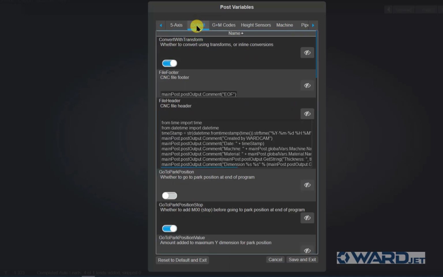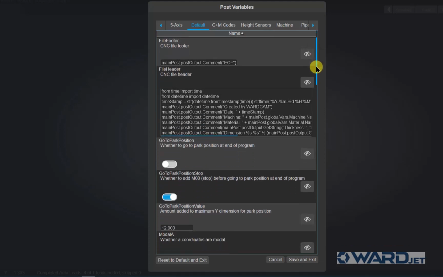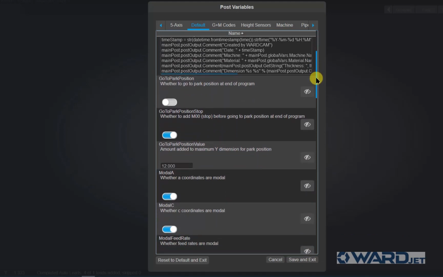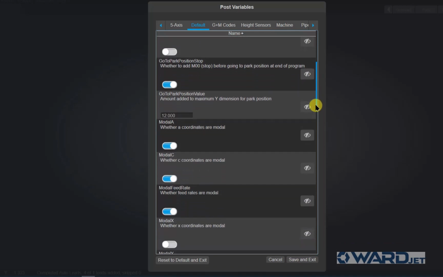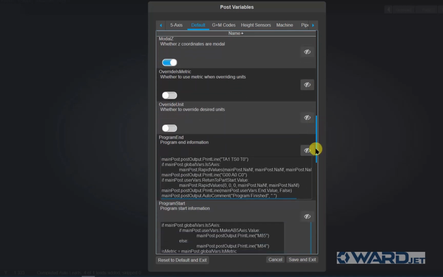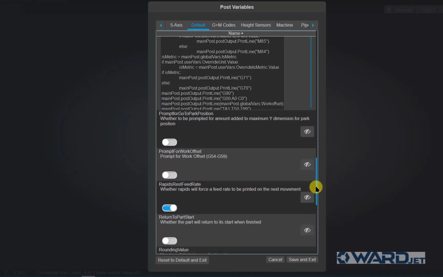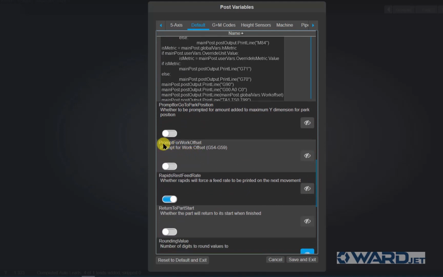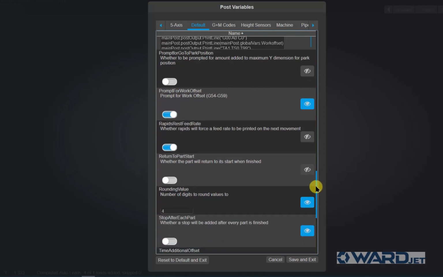So we want to go to the default tab and scroll down here a bit. You want to just left click and hold this slider and scroll down, and eventually you'll see an option for prompt for work offset, and we're probably going to want to make this visible, so we'll turn that on. And then if you scroll down a bit further,